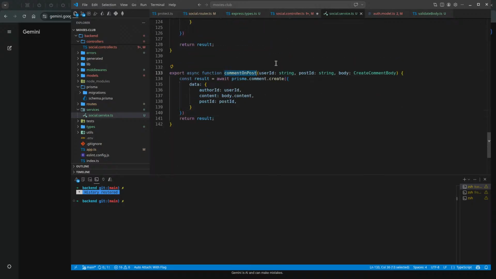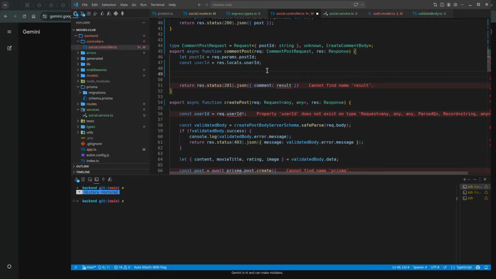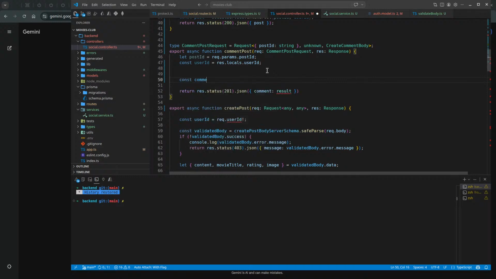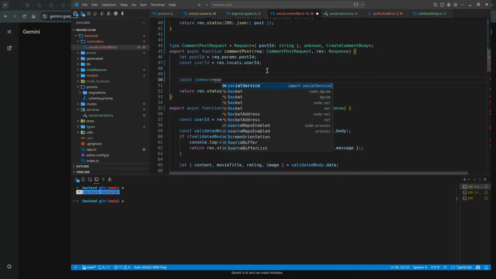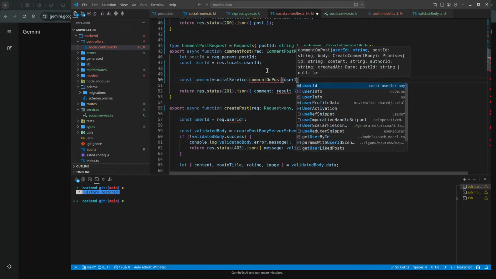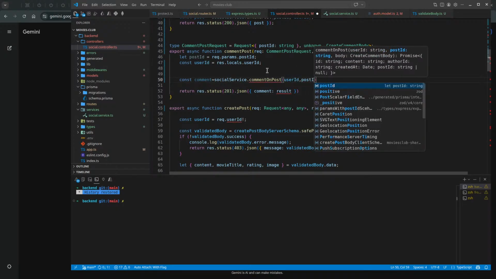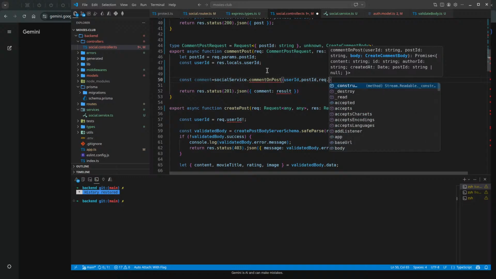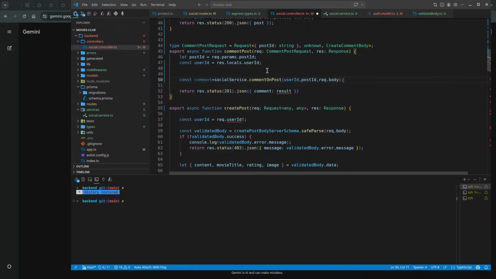Okay. Comment on post. Post comment equals social services dot comment on post, user ID, post ID, req dot body.